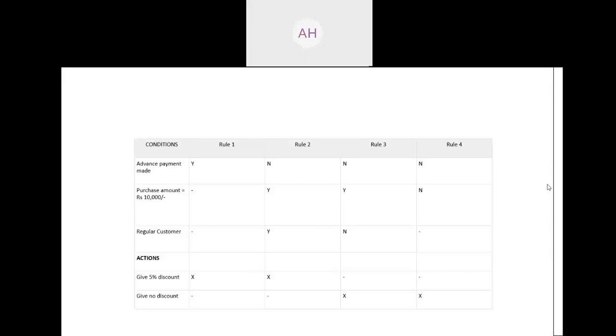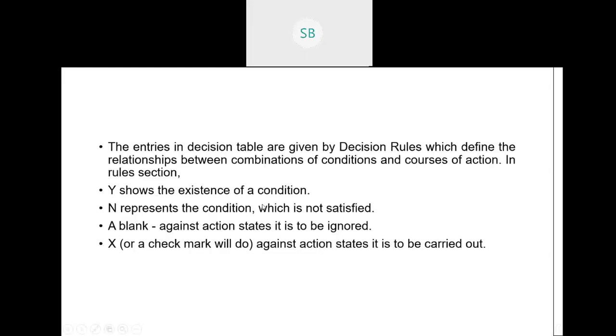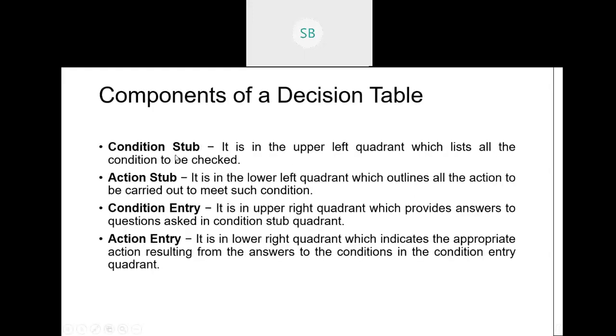Okay, I'm explaining it again. In a decision table, you think of it as a matrix. It consists of four quadrants. Whenever you have a graph, we also have four quadrants: first, second, third, fourth. So in the decision table, this first quadrant is the condition stub. Here you have just written these words in the condition stub.